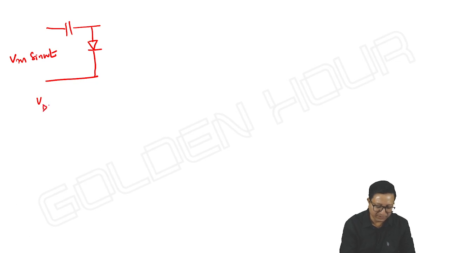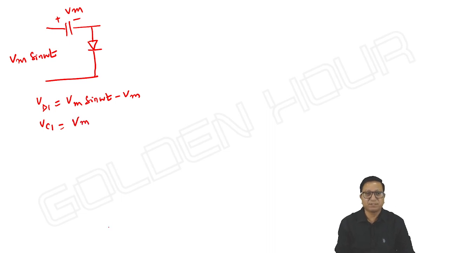Diode is downwards, it's a negative clamper, so it is Vm sin omega t minus Vm. And this capacitor C1, Vc1, is equal to Vm. Capacitor will charge up to Vm with polarities like this, whose output is given as input to